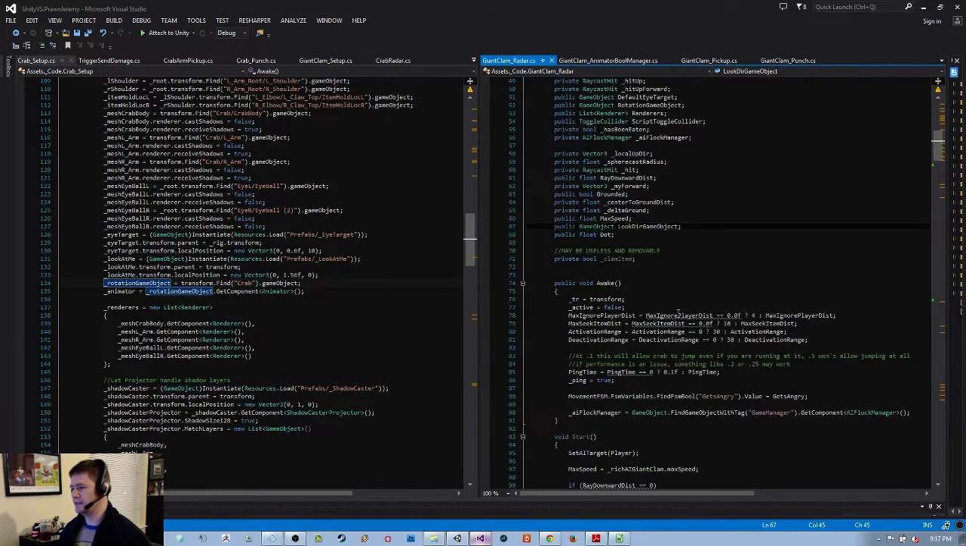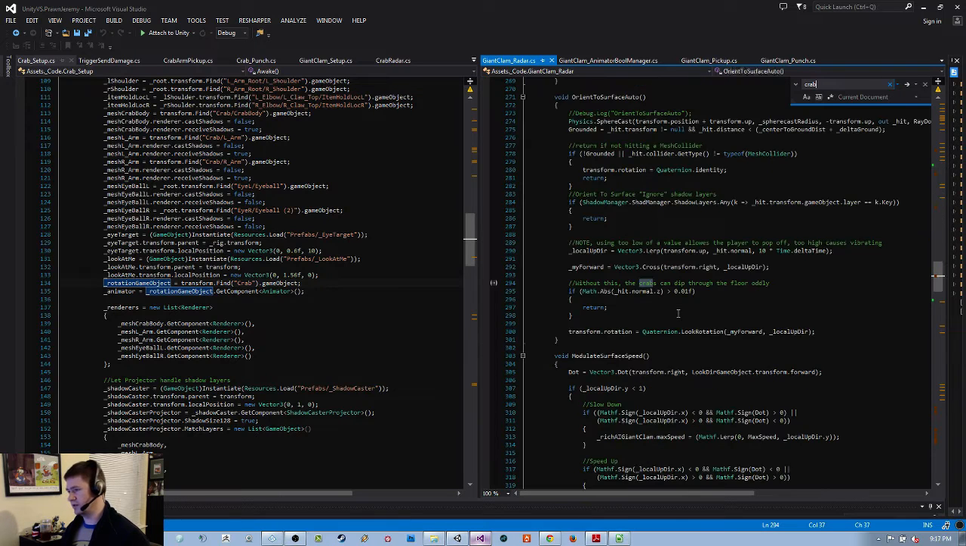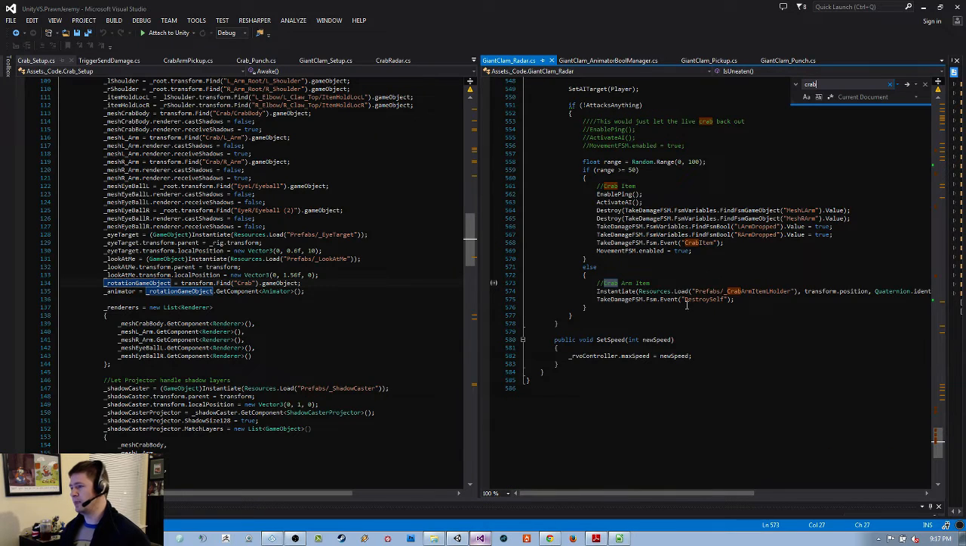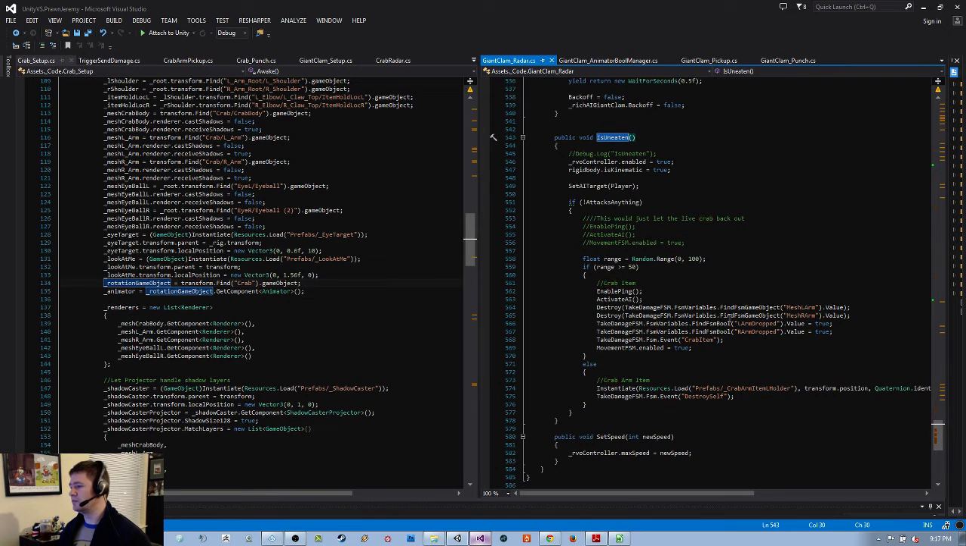But let me search this for crab. Let's see. So crab is there. So all that kind of stuff is fine in comments. I'm not worried about that. But here's something: crab item and crab arm item. So dropping an arm item. So let's see here. Range is greater than 50. Crab item. I'm not going to have a crab item. But I will let this become a clam item. So I'm going to go ahead and change that,